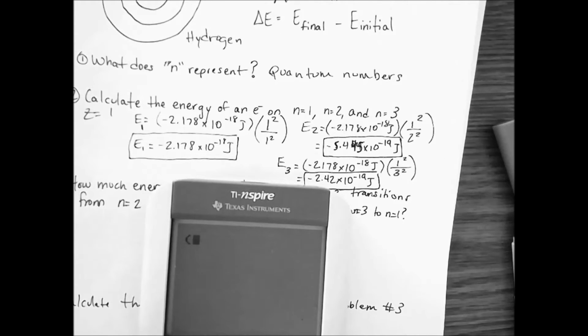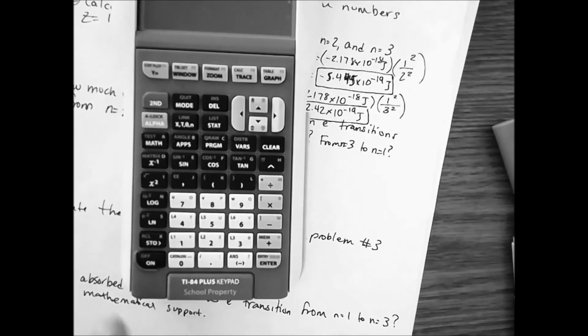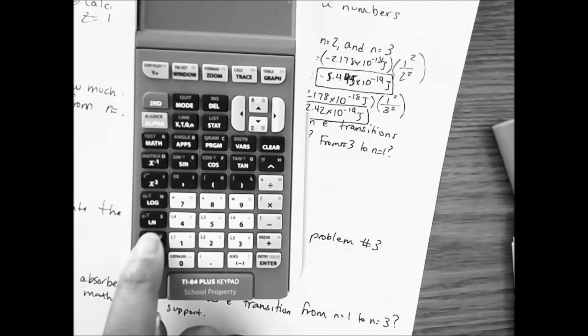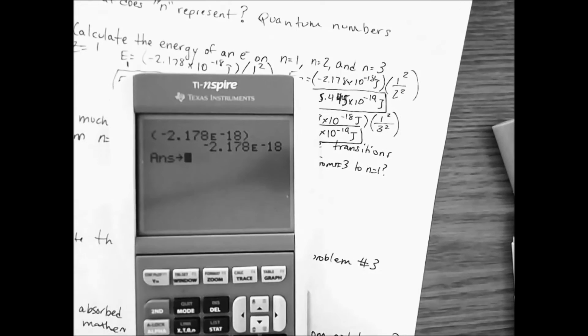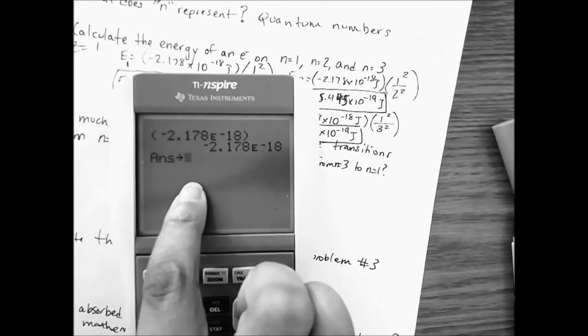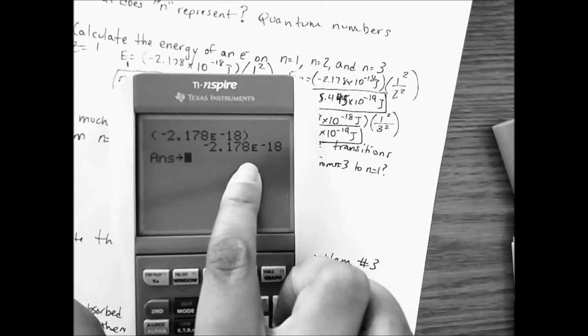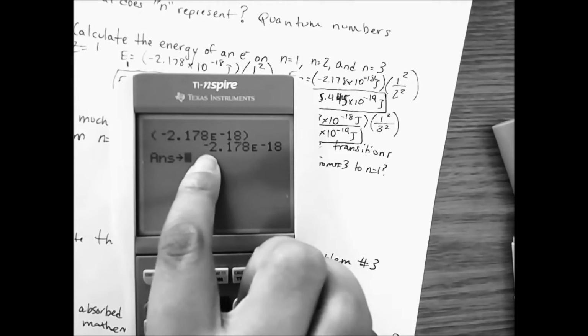Okay. So here's a trick that I like to do. I don't want to have to keep typing the negative 2.178 times 10 to the negative 18 power. I don't want to keep typing that over and over. So here's a trick that you can do. Put the number in, negative 2.178 E negative 18. So I type that number in. I'm going to push this button called store, S-T-O. You push that button store, so it shows you an arrow. So you have the answer that we just had, and now we have an arrow. We're going to assign